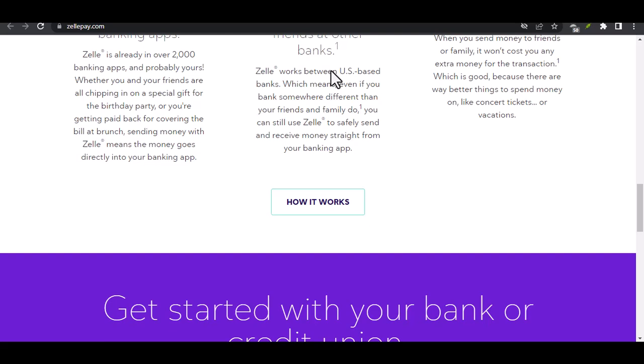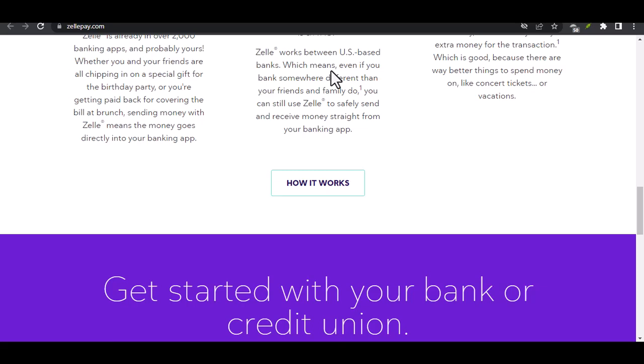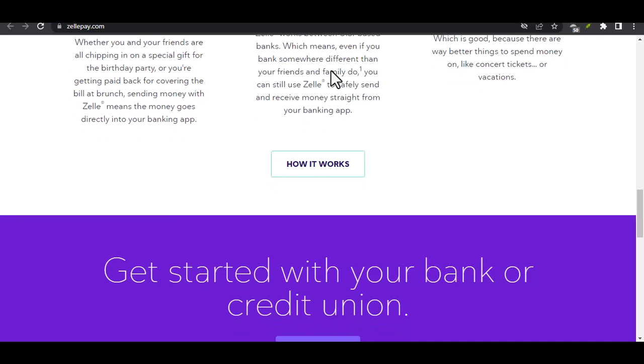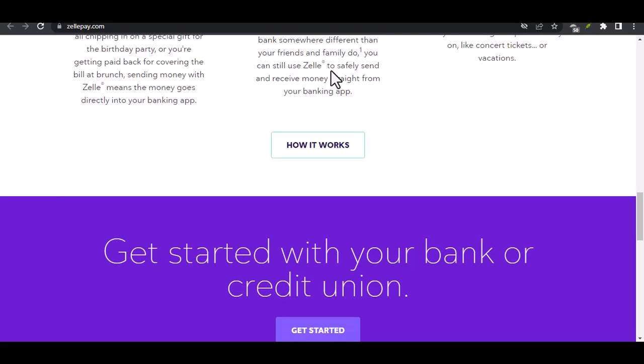Buying USDT with Zelle is a simple and convenient way to get started with cryptocurrency. By following these steps, you can be up and running in no time. So, what are you waiting for? Start your cryptocurrency journey today by buying